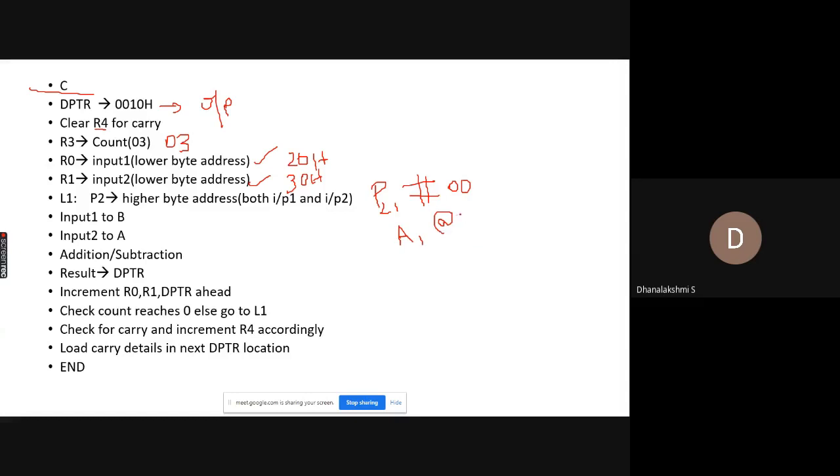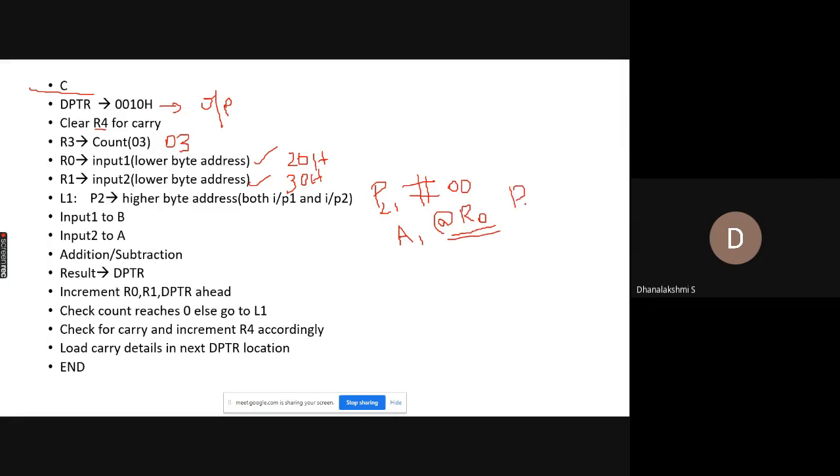So what should you use now? Here you should use R0. If you use MOVX A, @R0, this instruction will be pointing to the data which is there in 0020.